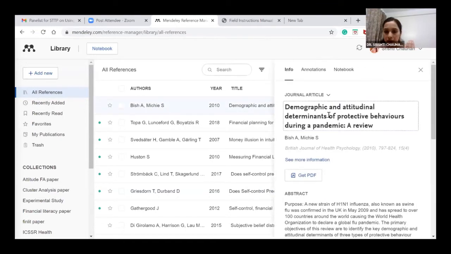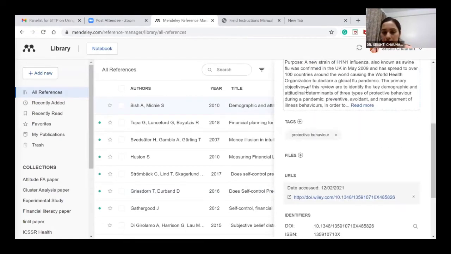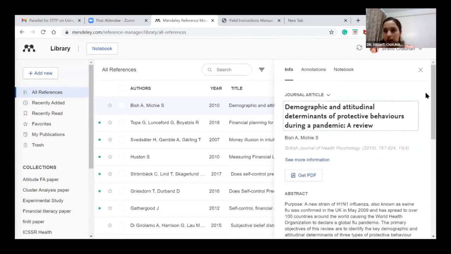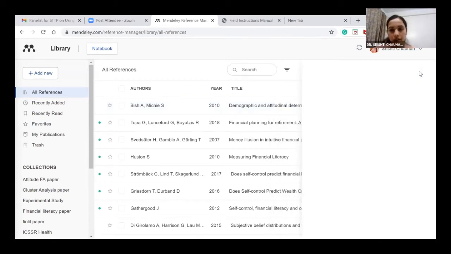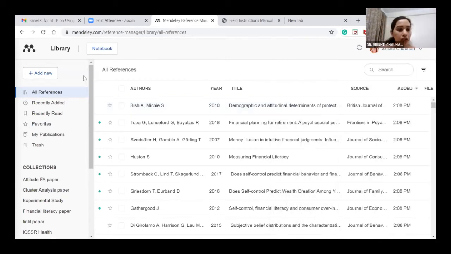मैंने देखा, क्लिक किया, मैंने देखा ये सारी इन्फॉर्मेशन आ गई, मैंने थोड़ा सा एब्स्ट्रैक्ट पढ़ लिया, मुझे याद आ जाएगा एग्जैक्टली कि कैसे क्या था इस पेपर में, राइट। उसके अलावा और फंक्शंस हैं, बात करते हैं वन बाय वन, लेट्स टॉक अबाउट इट। नाउ सबसे पहली चीज है दैट आई वांट टू ऐड पेपर्स,